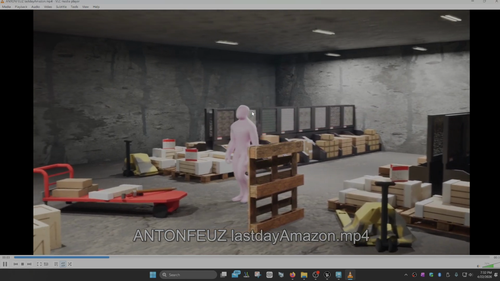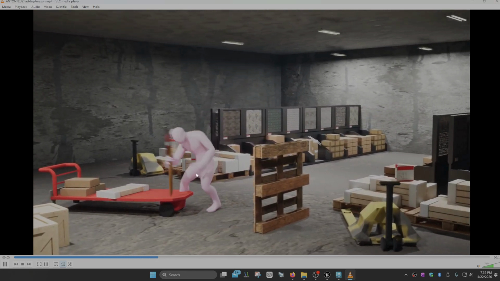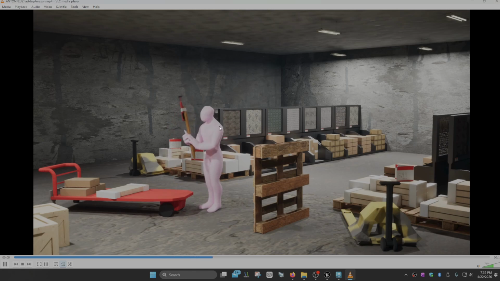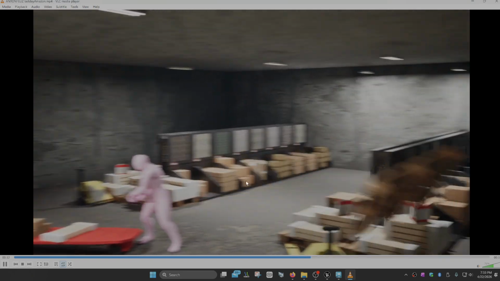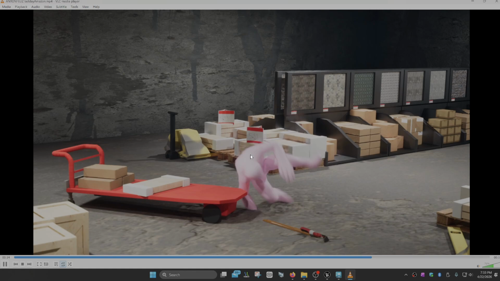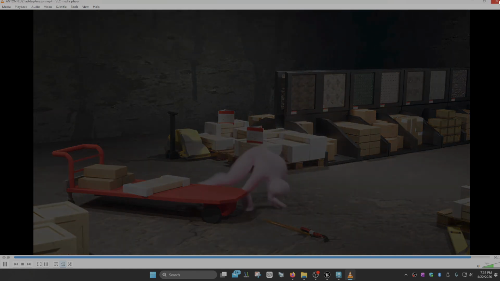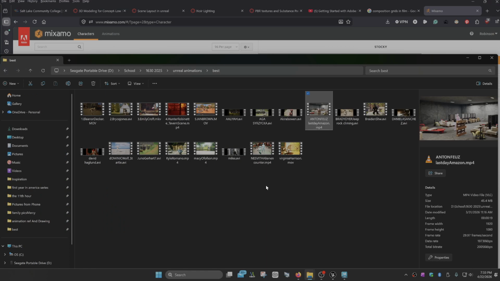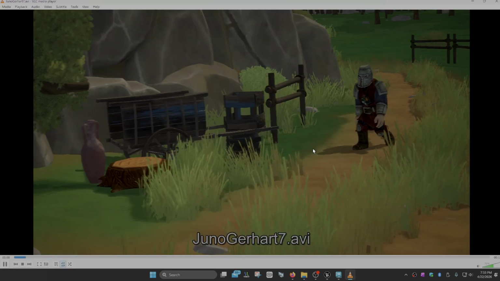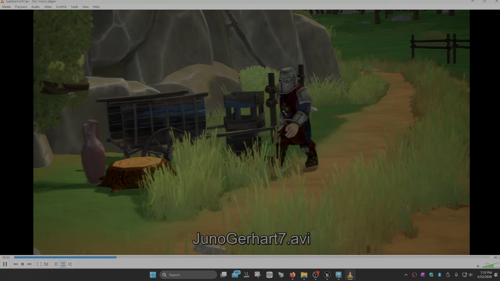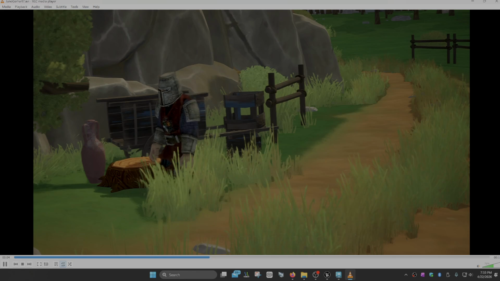So when you download your animations, the position of the bones can transition smoother according to how you position the clips, the animation clips, and I'll show you how to do that in a minute. Let's see. So you can get pretty creative. I'm probably not gonna show you all of them, but I'll post them in